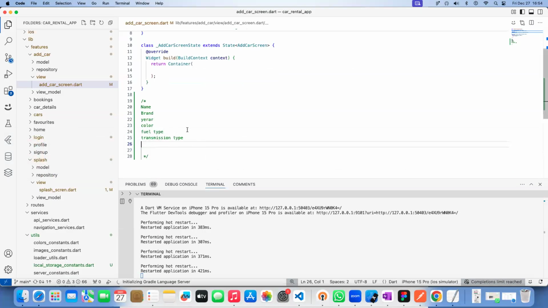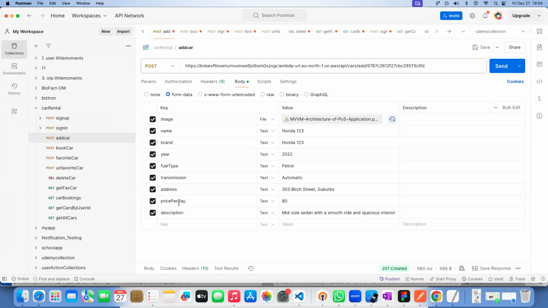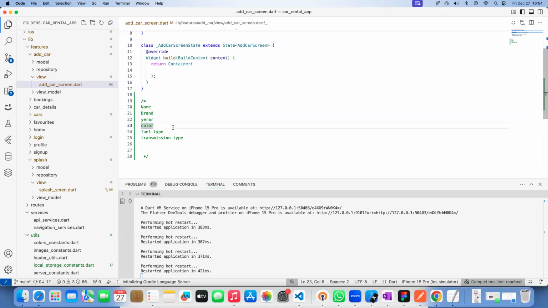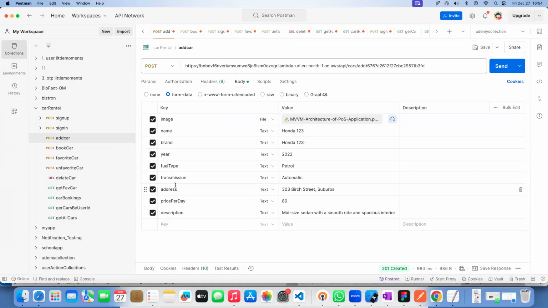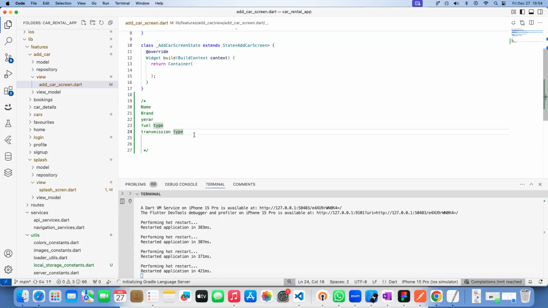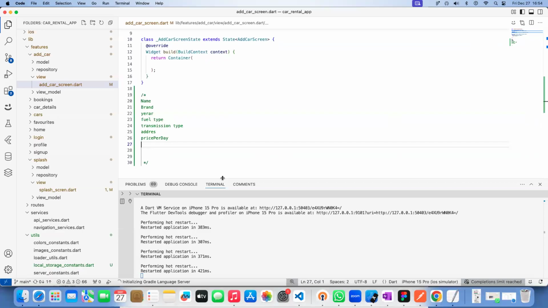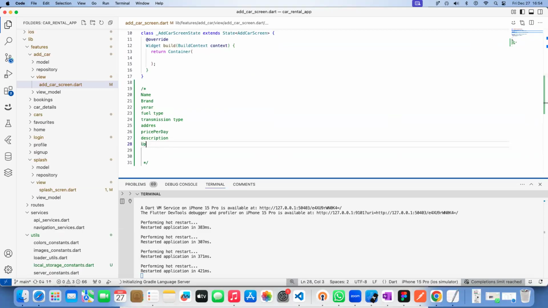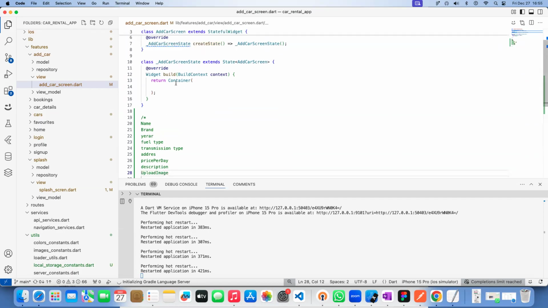So that's why I added few things only here. Brand, here if you want, color field is not there, fuel type is there, transmission type is there, address, price per day, and description, and upload image. These are the things we need to